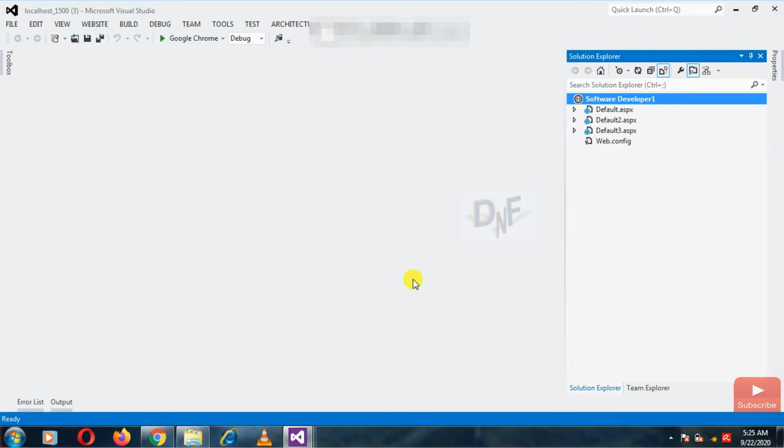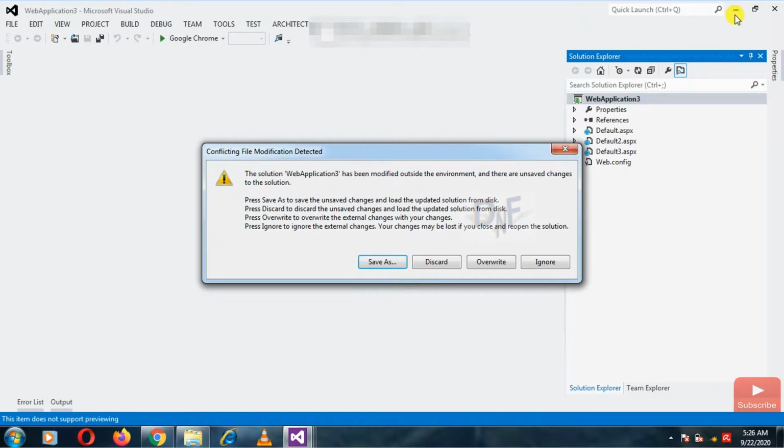I hope you understand how to convert an ASP.NET website project into a web application. One more challenge you can face when converting a website project into a web application: sometimes you use a very complex design in a website, like panels or different complex third-party controls.